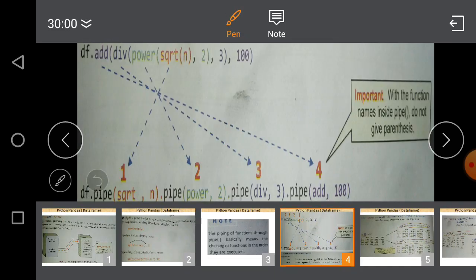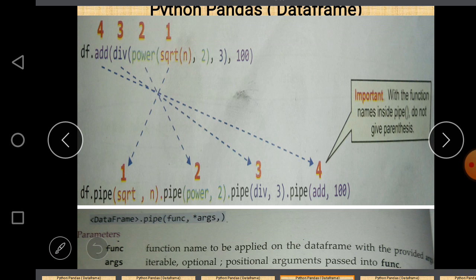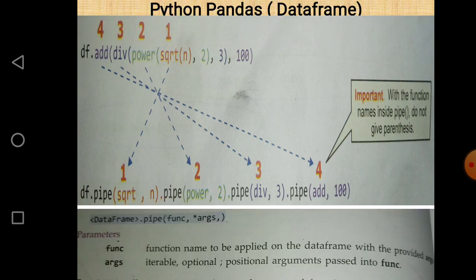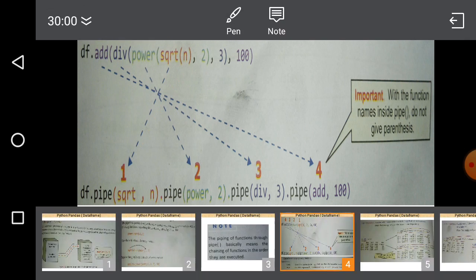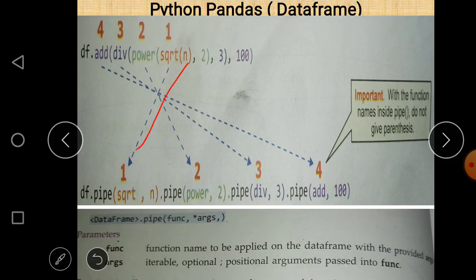There is an arrow which represents the execution of the statement. After that, because the output of the first plays the role of input for the second, we go to the second, then the third, and then the fourth. So this is the procedure.